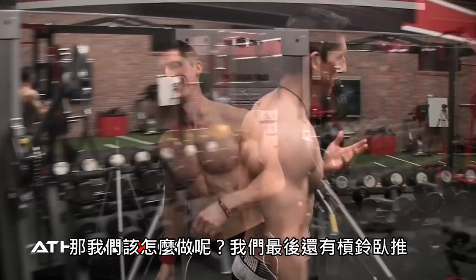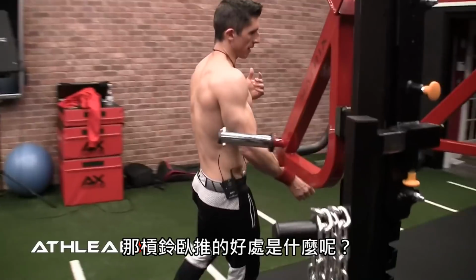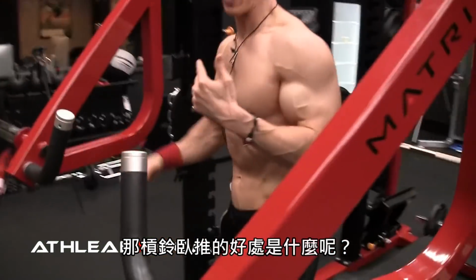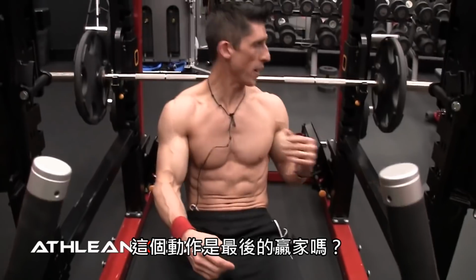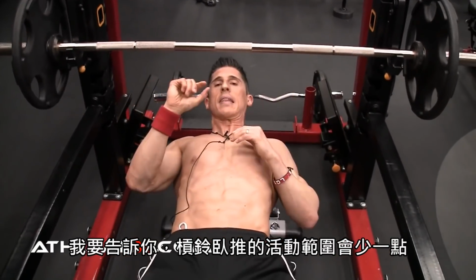So where does that bring us? It leaves us over here with the good old barbell bench press. So now guys, what is the good advantage here of the barbell bench press? Is this the winner? Well, I'll tell you this, the barbell bench press provides us with a slightly less amount